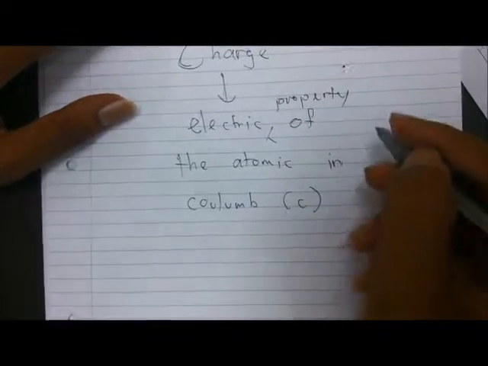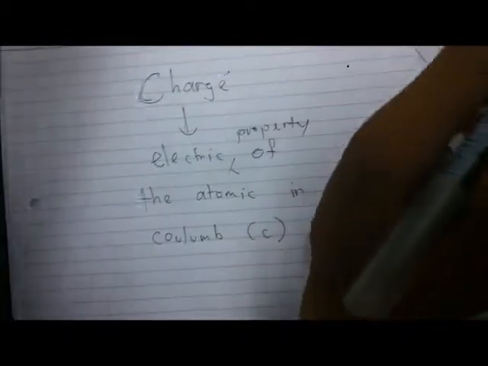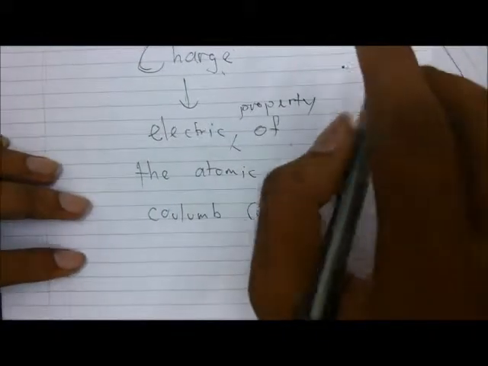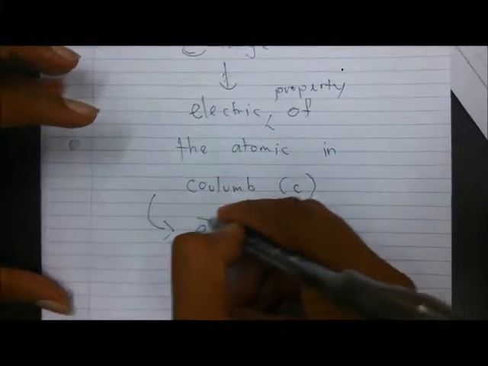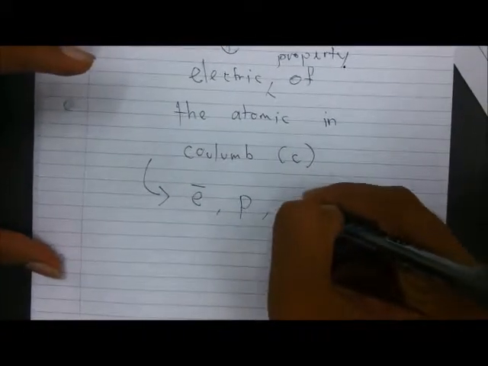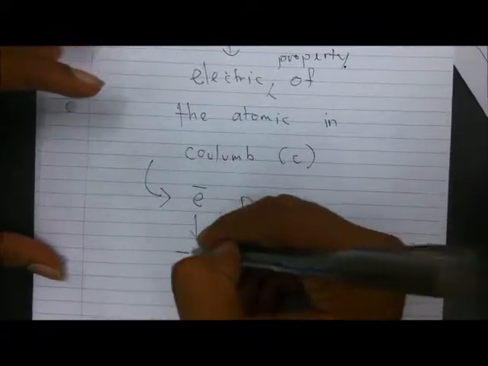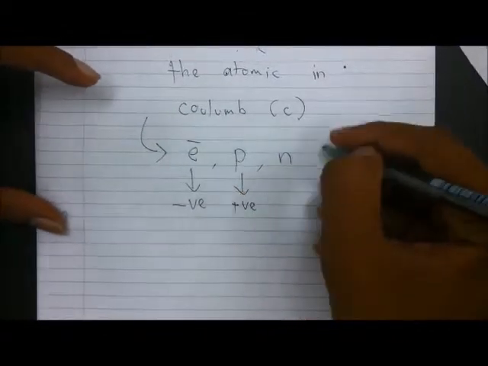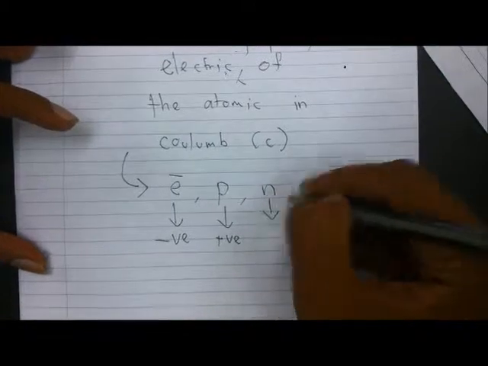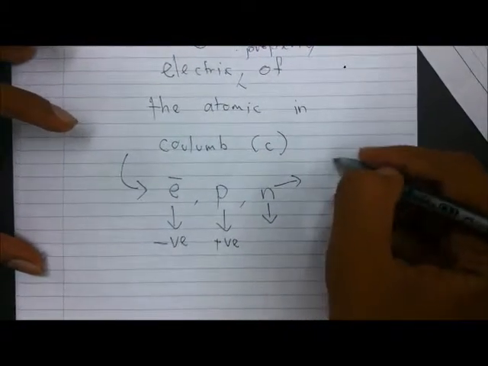The atomic particle consists of electron, proton and neutron. Electron is the negatively charged particle, proton is the positively charged particle, and neutron is the compensation in the nucleus